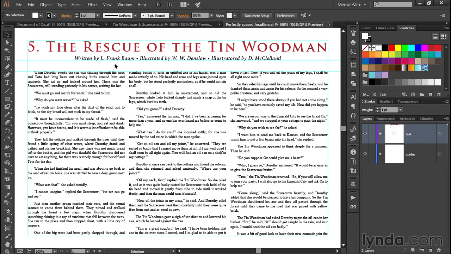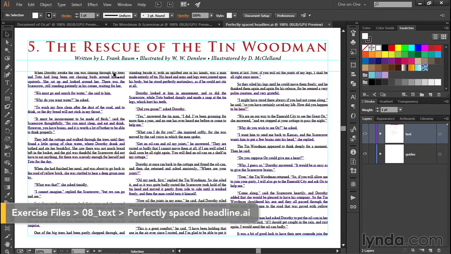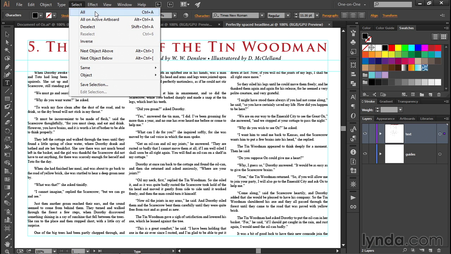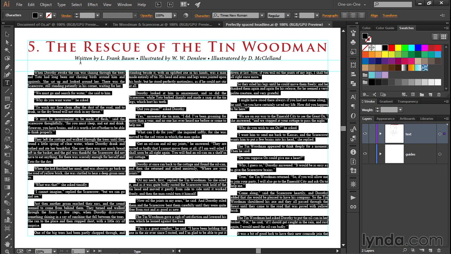In this movie, I'll show you a few different ways to format body copy, which is the main text inside of a document. So the first thing I'm going to do is double-click inside any one of these columns of text here in order to automatically switch to the Type tool and position my blinking insertion marker. And then I'm going to select all the text across all of the threaded text frames by going up to the Select menu and choosing the All command, or just pressing Control-A here on the PC or Command-A on the